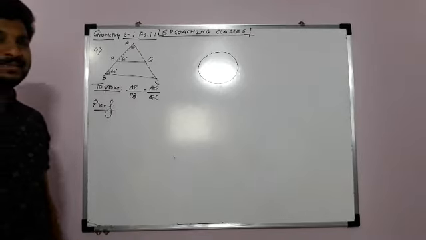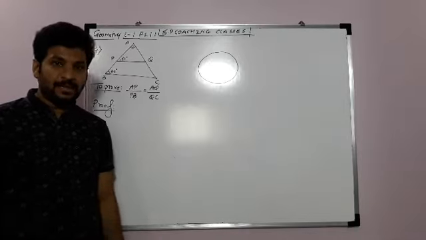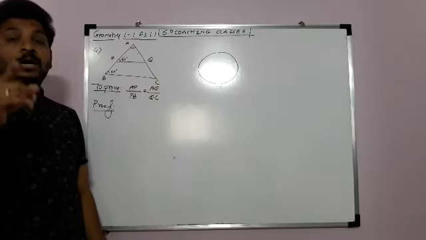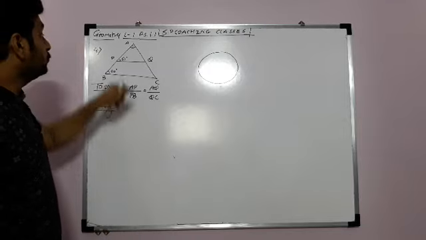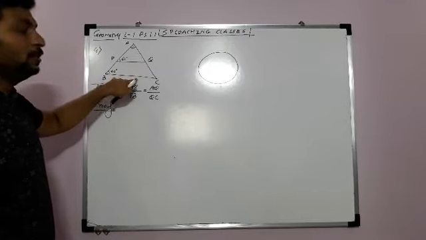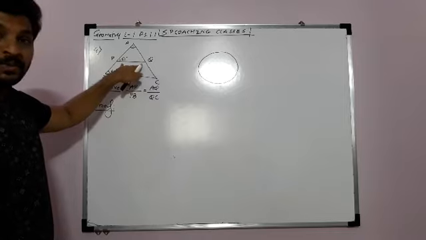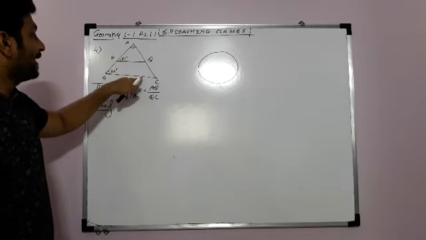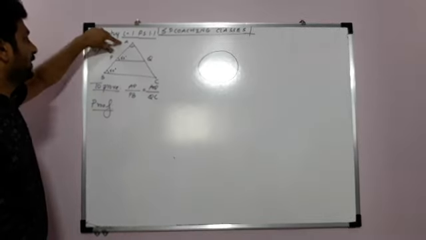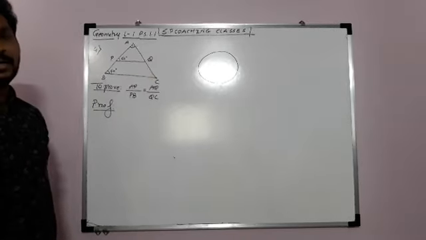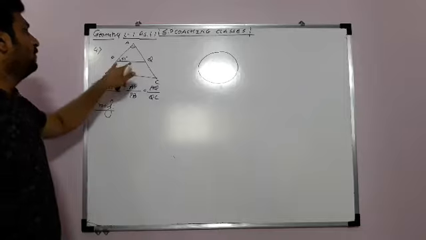It's very easy. We can use BPT theorem here. आपण इथं BPT theorem use करू शकतो. But to apply BPT theorem, we have to know that PQ is parallel to BC. If we can show that PQ is parallel to BC, then by applying BPT theorem, guys, we can show that AP upon PB is equal to AQ upon QC, and it is very easy. How will we show that?